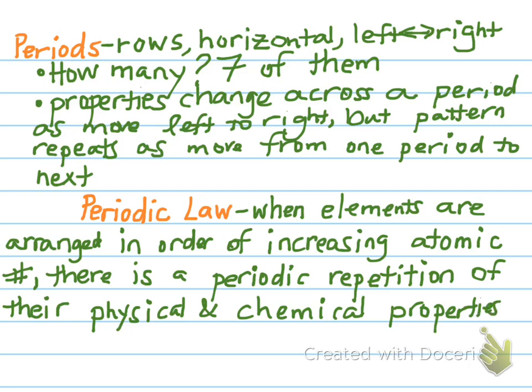Okay, so all that's saying is that when we have these elements organized in order of increasing atomic number, what tends to happen, or what happens, is we have elements that look like each other and act like each other near one another on the periodic table itself. So again, what this means is that elements with similar properties